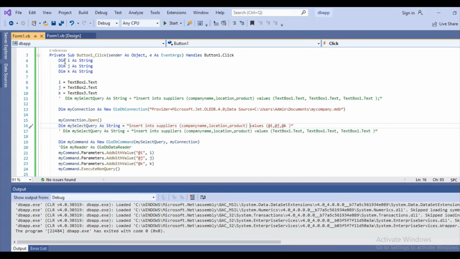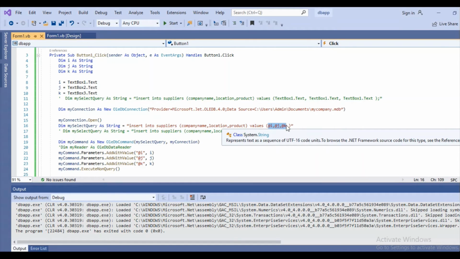So I, J, K are strings, you see here, and I have initialized I to the text of TextBox1, J to the value entered in TextBox2, and K to TextBox3. Here I have given @I, @J, @K.